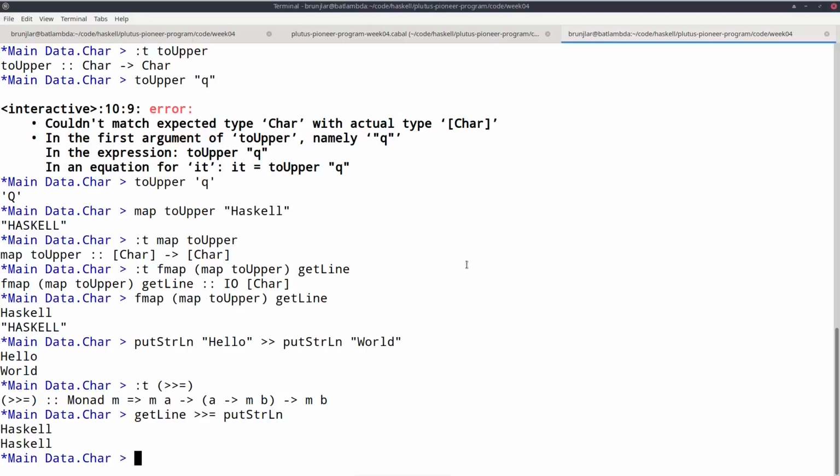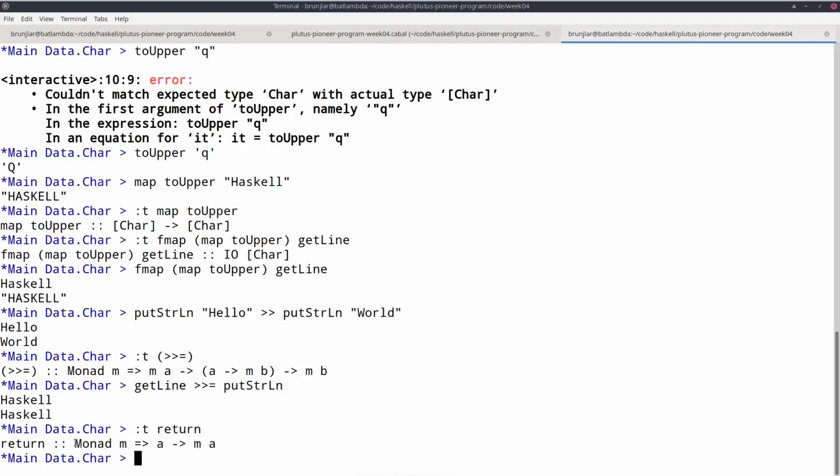There's another very important way to create I/O actions, and that is to produce recipes that immediately return a result without performing any side effects. And that is done with a function called return. So if I ask for the type of return, again, it's general for any monad, but we can just think I/O.